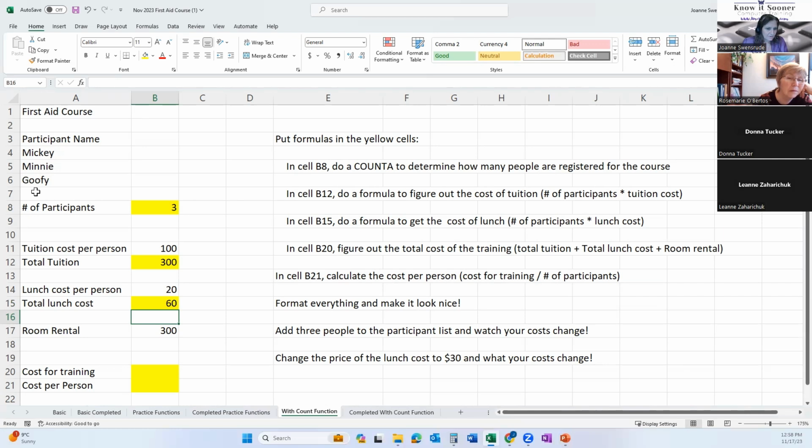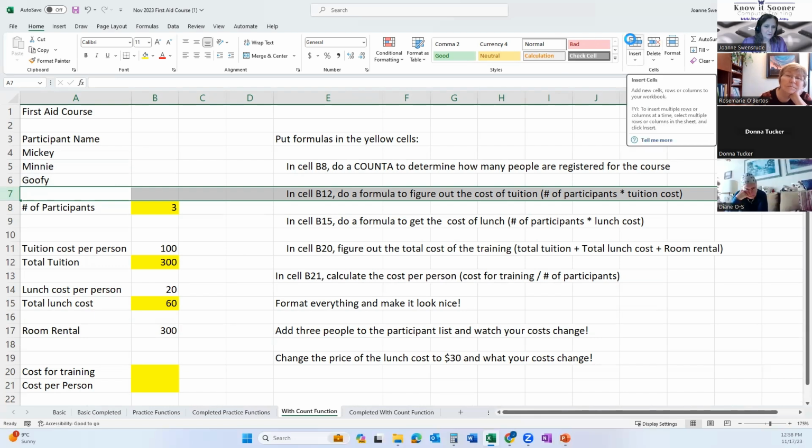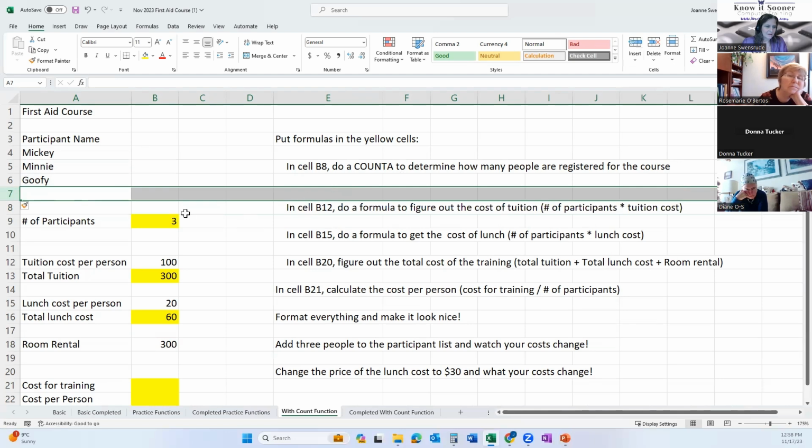But now if I want to do a new formula or a new person, I want to add somebody, or in this case, add 3 people to the list. Not going to type in the blank. What am I going to do? Well, I can insert, because this stuff is over here. It's going to push it down too, right? Maybe I like that. Maybe I don't like that.